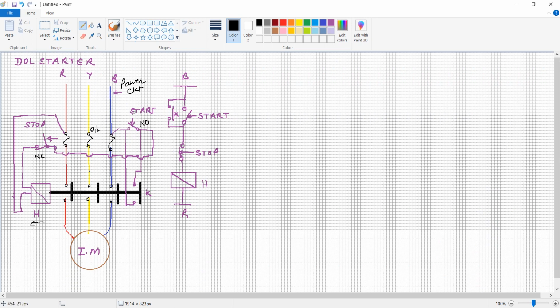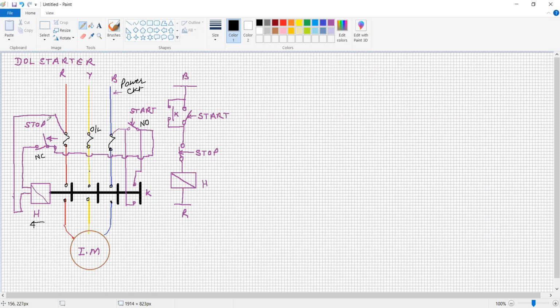Okay, so here this is the start button. In parallel with the start button, a line is connected to the contactor, so this auxiliary contactor is connected. As soon as we switch on the supply or press the start button, the current flows from here to the stop button, and it completes the circuit through the holding coil up to phase R. So the coil gets energized. As soon as we release the start button, the signal is maintained through the auxiliary contactor.